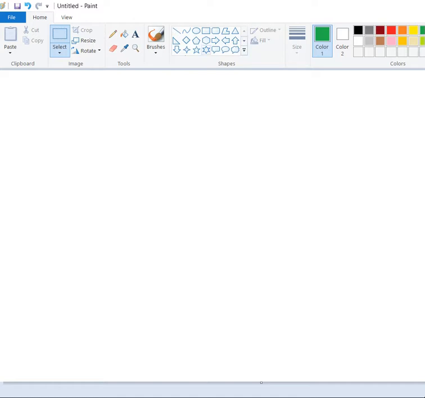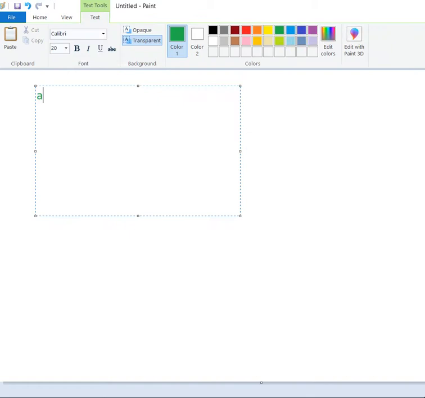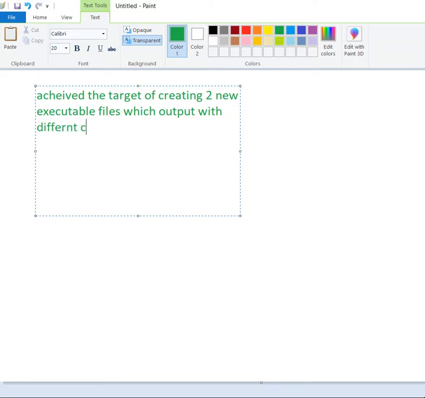We have achieved the target of creating two new executable files which output different content.